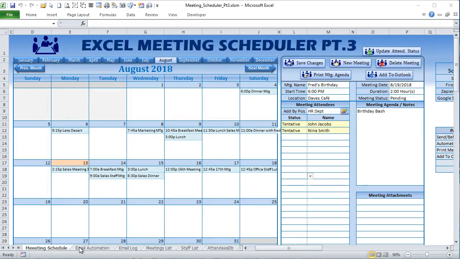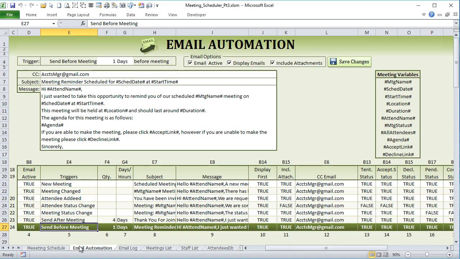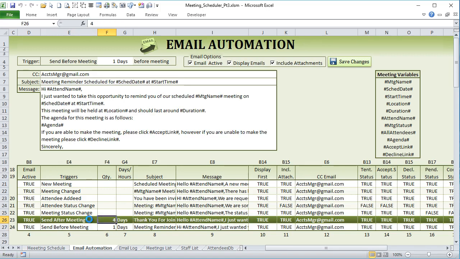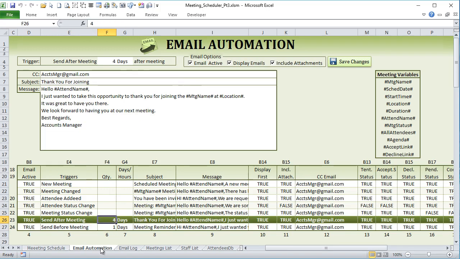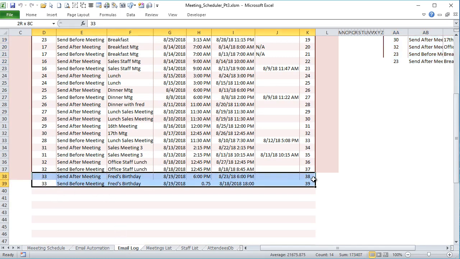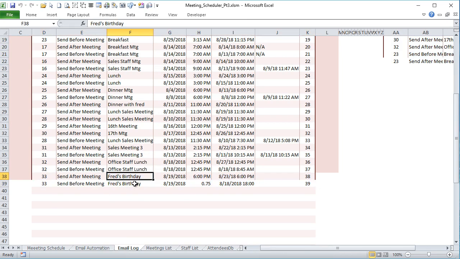Now, here, let's go back into our email automation. Because we have send after meeting 4 days, and send before 1 day before, those are the current settings, and they're both true. So let's look back in the email log and see the email. These are the 2 new email logs that just got created, and you can see it's Fred's birthday, and